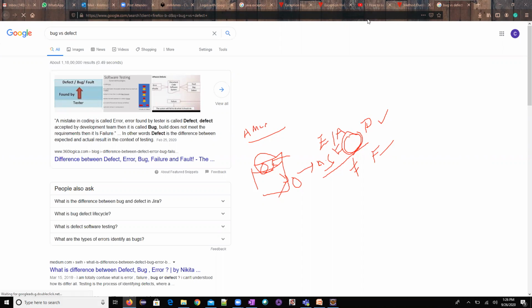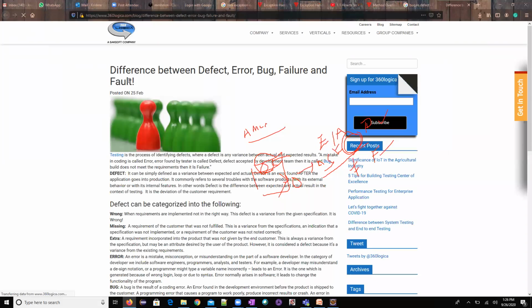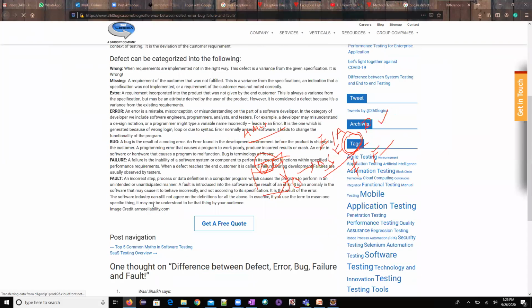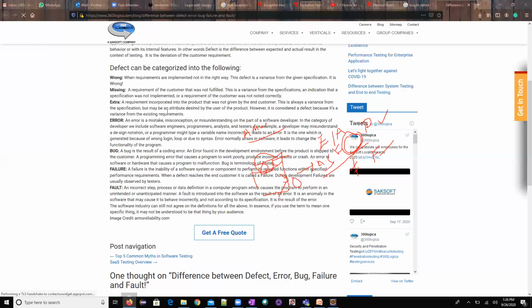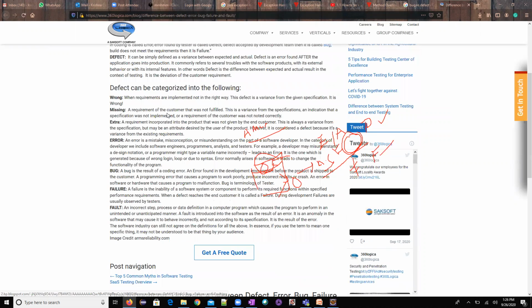Guys, these are very important things you should know, because as a tester, we always live with errors. There are other things also, failure and fault. So you need to go through this complete article. You can get very good information on what a bug and an error are. An error will be called when there is any mistake or issue in code. When you are coding and there is an issue or a deviation, there we will call it an error.